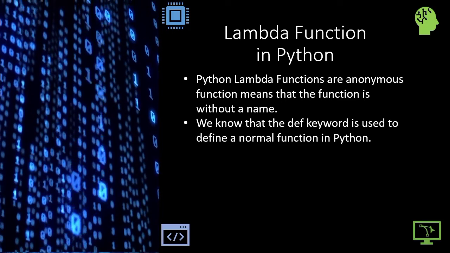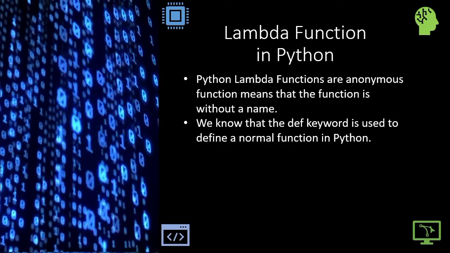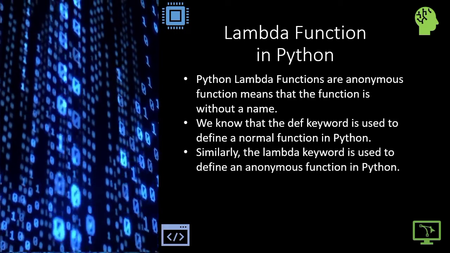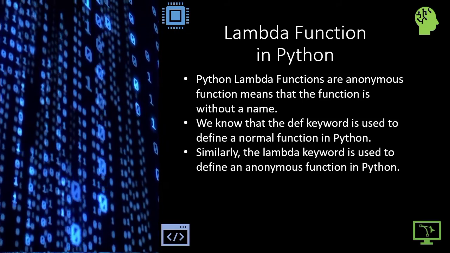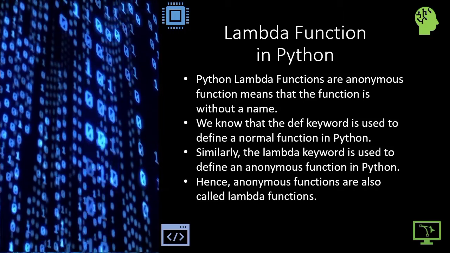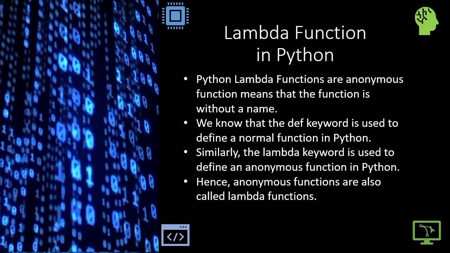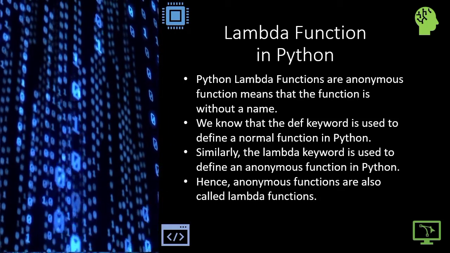We know that to make a normal function in Python, we have to use the def keyword. It can take arguments and can return the output. It can be multi-lined. Similarly, we have to use the lambda keyword for making an anonymous function in Python, a function without name, but it is restricted to only one line and it will automatically return the output. Lambda functions can also be referred as unnamed function or functions without name because they don't have a name.